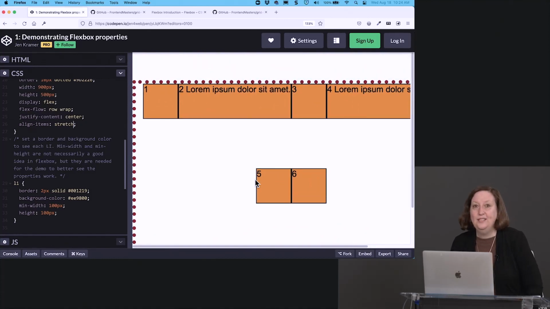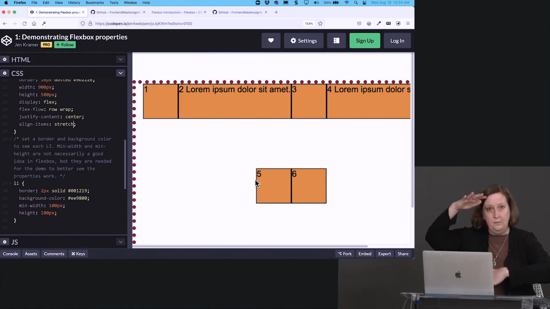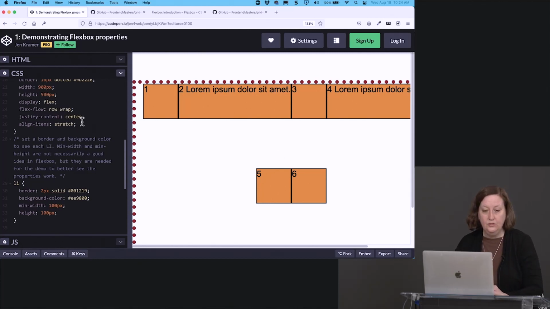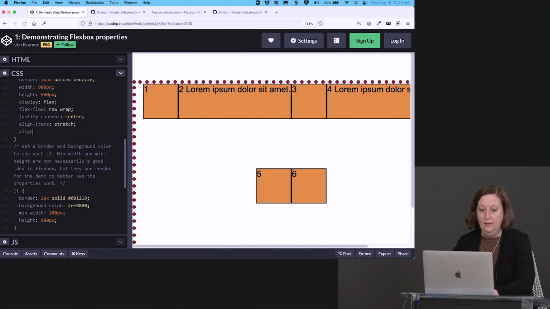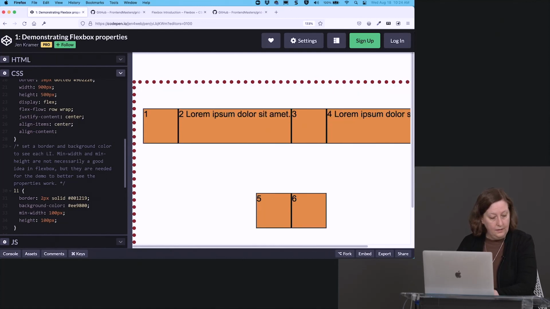Okay, so the last one I want to tell you about is the align content. And this is going to align elements within the particular space that we're talking about here. And I think this goes to the question that somebody was asking earlier. Align content. Justify content center, align items center, and align content. So now if I say flex start,